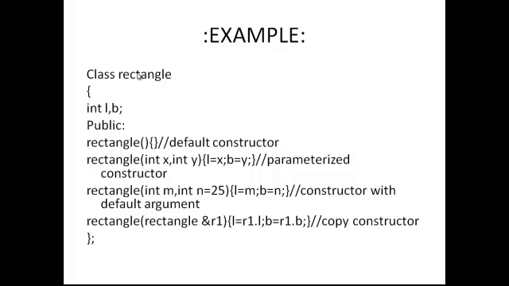You can also see their differences here. I pass different types of parameters. First, in the default constructor, there is no argument. In the parameterized constructor, there are some arguments passed, and then the constructor with default argument. In this part we also pass some arguments, but these arguments are different from the parameterized constructor. And then in the copy constructor, we pass the temporary object. That means the four types of constructor have different arguments.